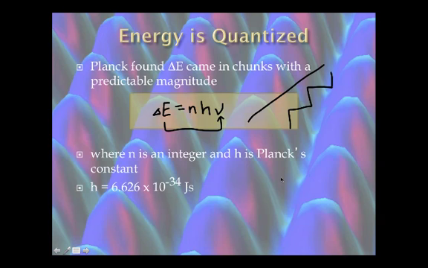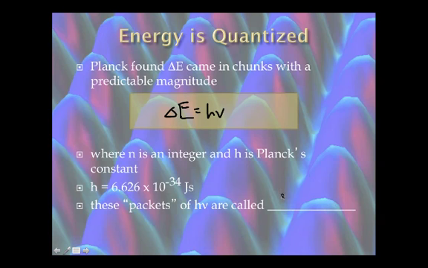Planck's constant is 6.626 times 10 to the minus 34 joules times seconds. And you're going to see this number come up in a couple of different equations. So it's printed for you on your equation sheet. You don't have to memorize it, but by the time we're done with this unit, you might know it by heart. So these packets of energy are called quanta,